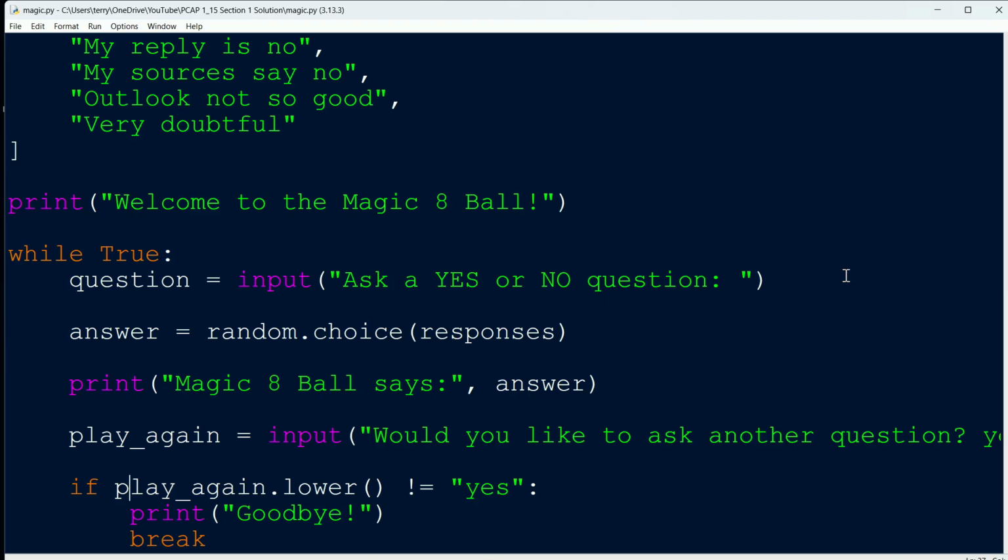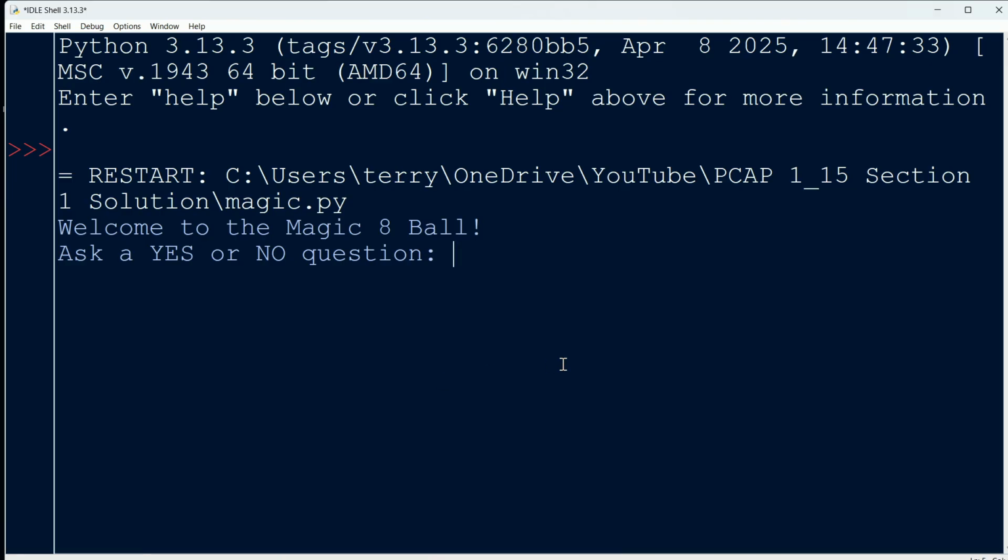If play_again, converted to lowercase, doesn't equal yes, then we say goodbye to them and break the loop. So I wanted to show you one way to do the looping that would be required here. Yeah, pretty clever way, right? So if they type anything other than yes, then we say goodbye to them and break out of the program. Pretty neat. So when it comes time to testing this thing, you would run it, and I would ask the